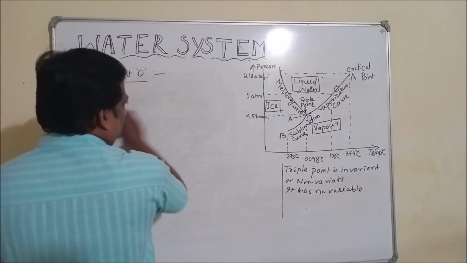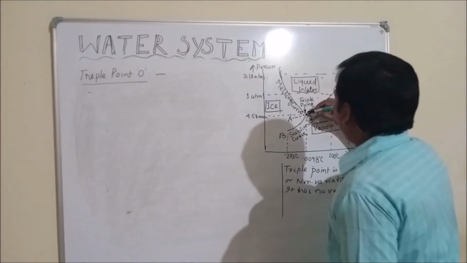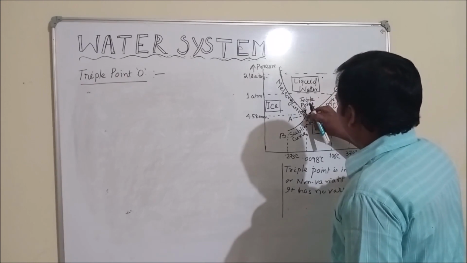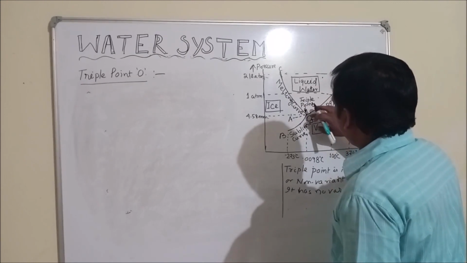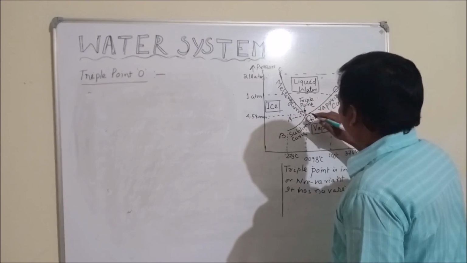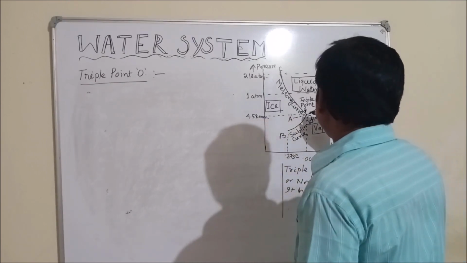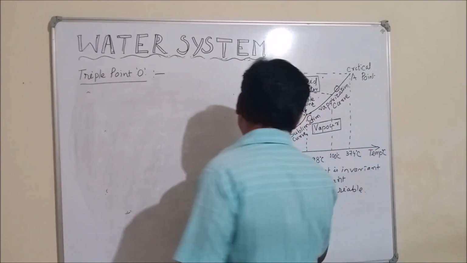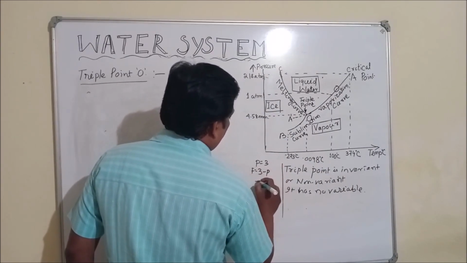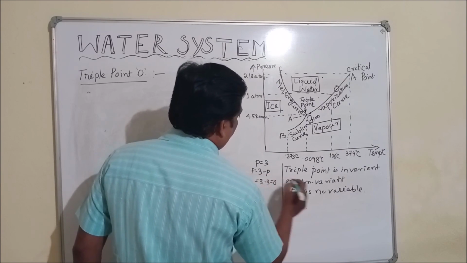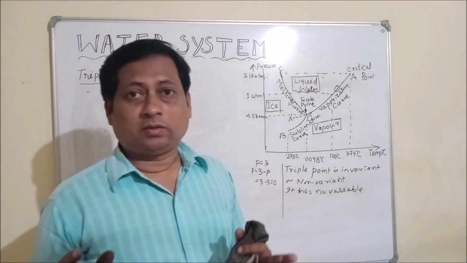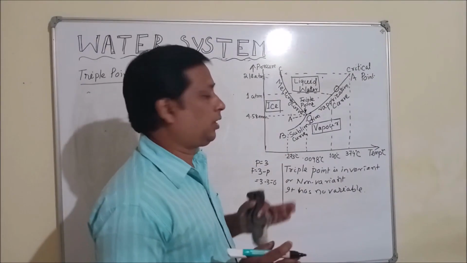So यहाँ पे दोबारा से समझा देते हैं, हमने तो उल्टा दिया है. So at this point here liquid water phase is there at this point. Okay, it is joined here. Then vapor phase is also at this point. Ice phase is at this point. So there are three phases at O. So when there are three phases at point O, the number of phases P is equal to 3 and F is equal to 3 minus P, that is equal to 3 minus 3 equal to 0. So therefore it is non-variant, or it has no variable. So how does it have no variable? How does a point have no variable?